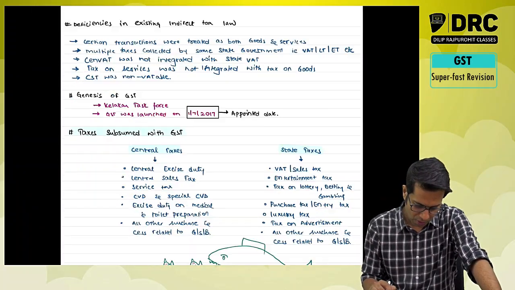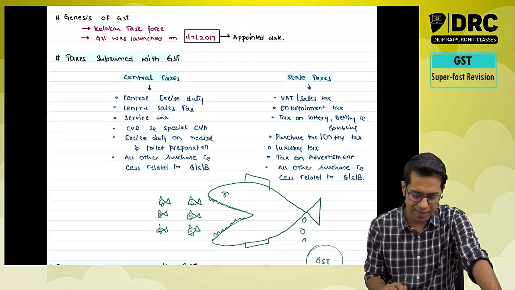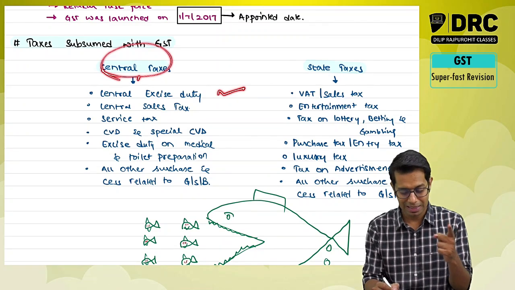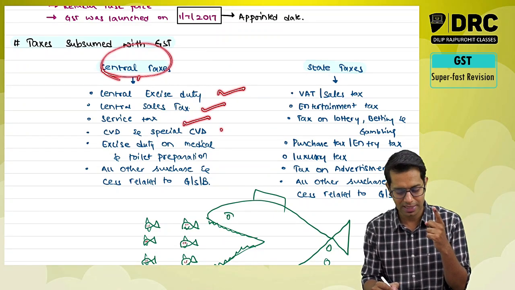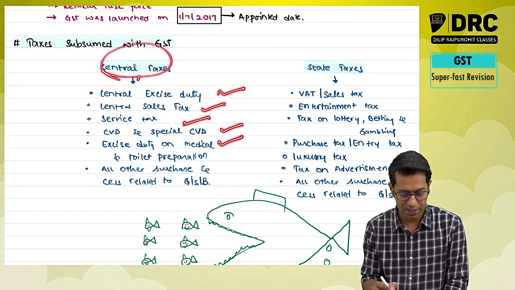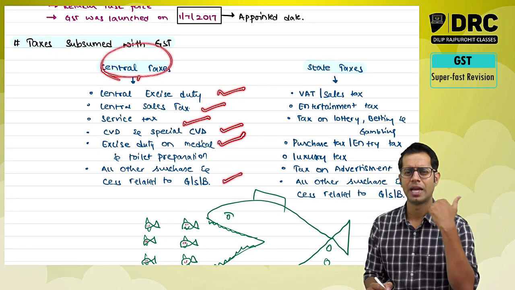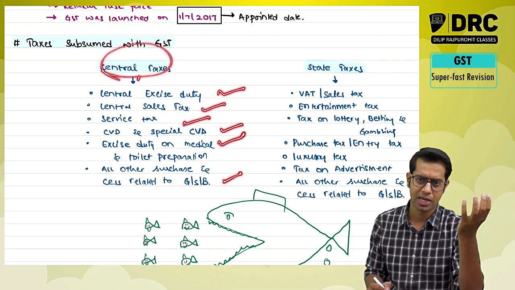Then what is important in the first chapter, sir? What are the different taxes which got subsumed with GST? Central taxes which got subsumed with GST were central excise duties, central sales tax, service tax, CVD, special CVD, excise duty on medical and toilet preparations, and all other types of surcharges which were collected by the central government